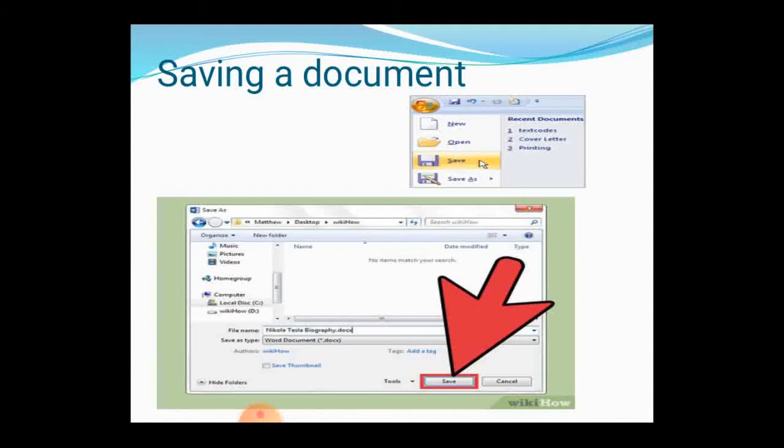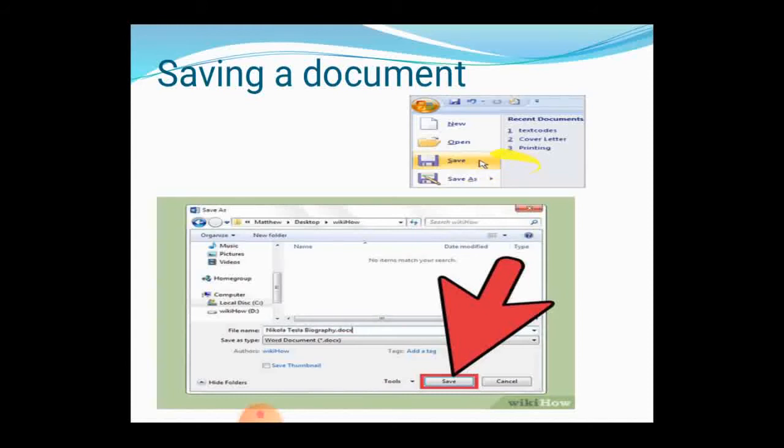So save and save as are different. Save will directly store your file in the default location. Where all your files are by default given space, there your file will be saved. When you choose save as, you can choose your own place for your file to be saved. Okay, save will store your file in the default location, and save as will store your file in the desired location. This is the difference between save and save as.